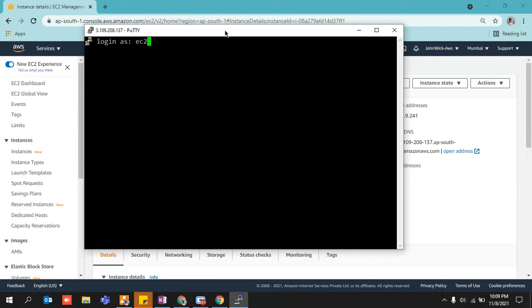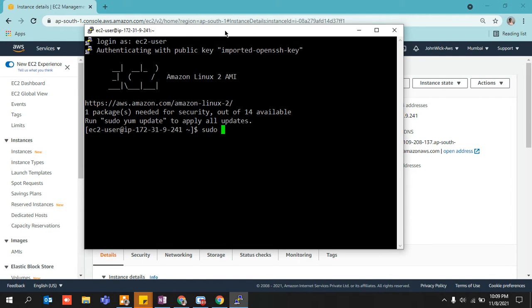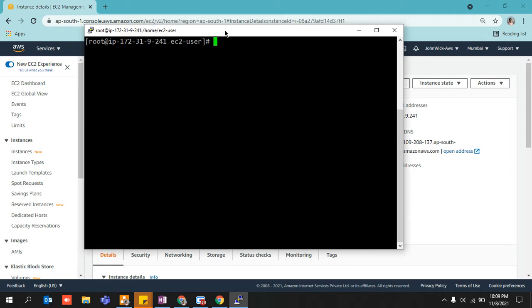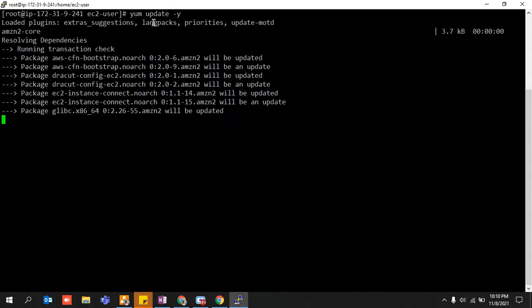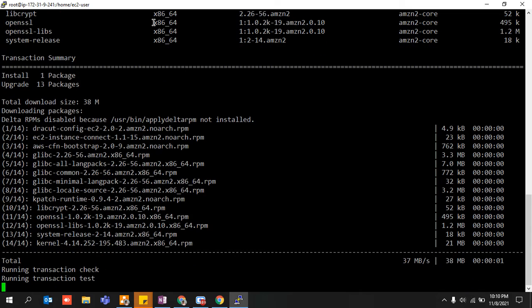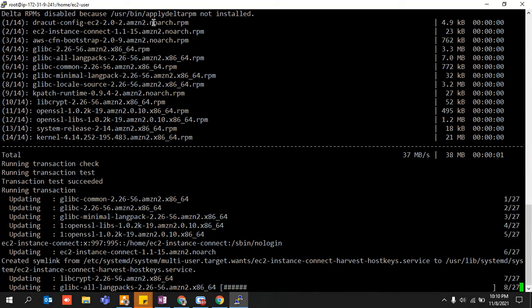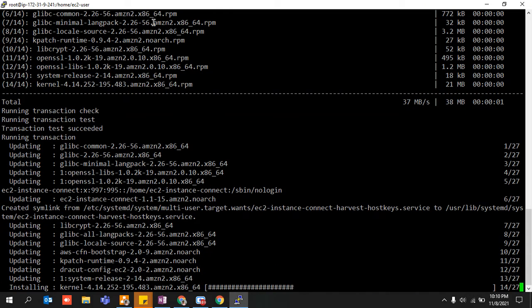Okay, so I'm logging onto my system as ec2-user. I'll elevate my privileges, sudo su, Ctrl+L, clear it out. Let me maximize it, right? So yum update -y. This is updating my EC2 instance, and after that, I'm going to install Git onto this system, and then we can go ahead with the concept of branches and Git merge and all.